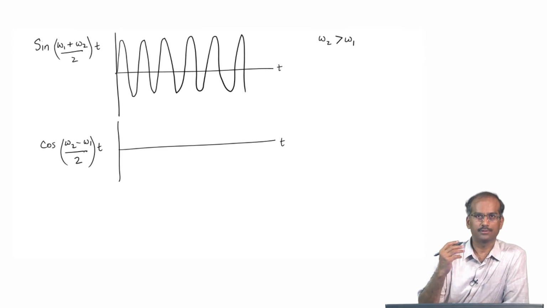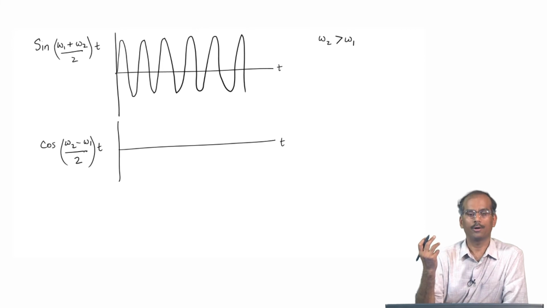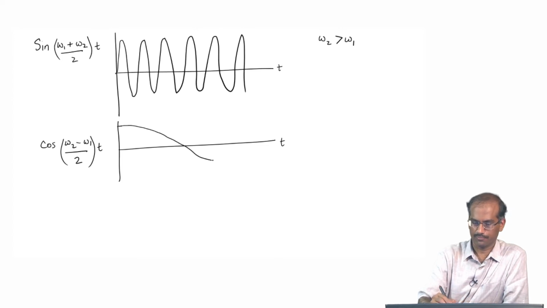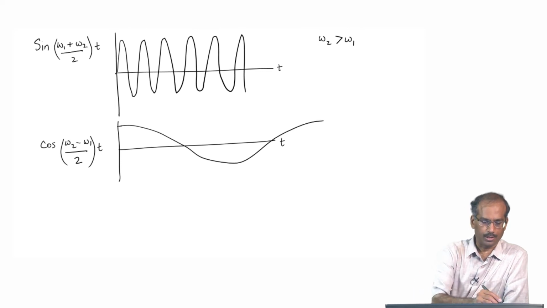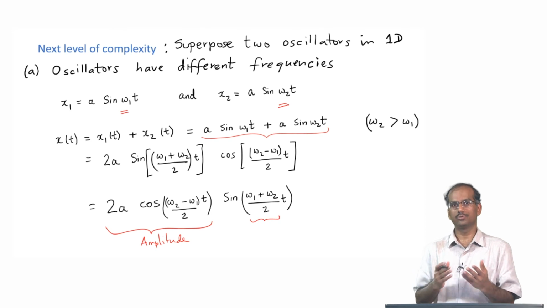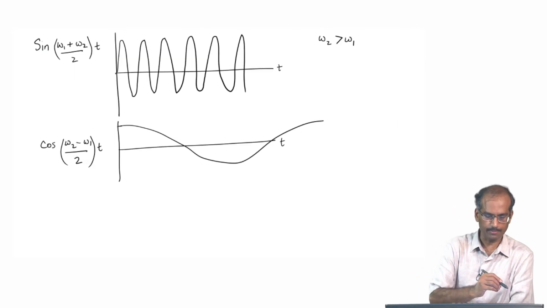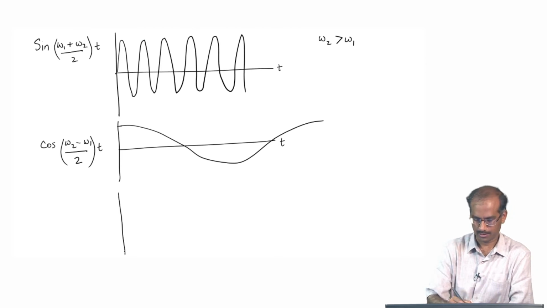In other words, as a frequency, omega 1 plus omega 2 is larger than omega 2 minus omega 1. So, what we are going to have is something that has a smaller frequency like this. Now, our solution says that these two components need to be multiplied, and if I do that and sketch it here,